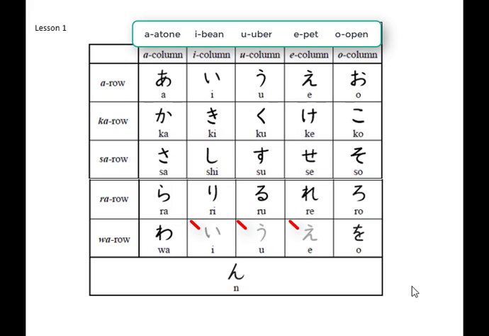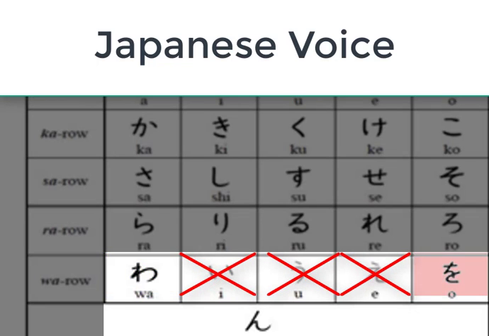And then we have our W, which is wa. There is no wi or wu or we. Then it goes to o. And lastly, we have the N sound. わ、お、ん。